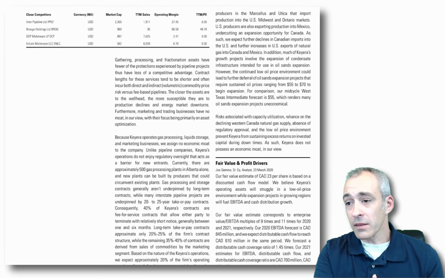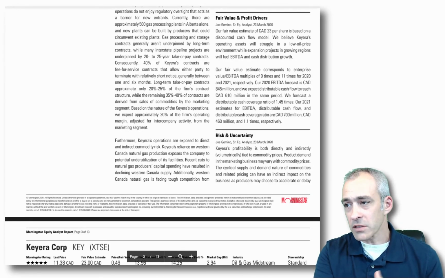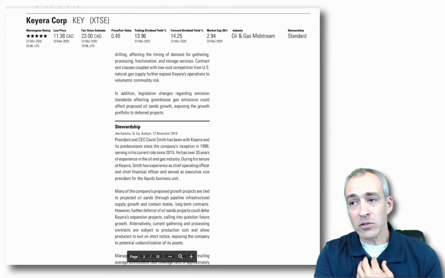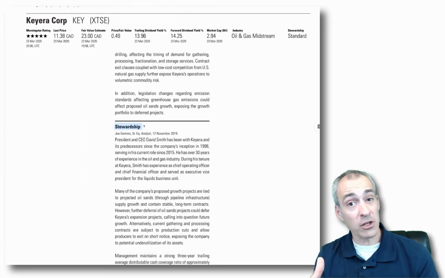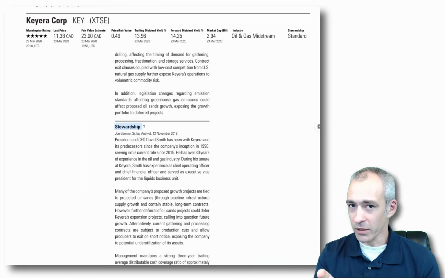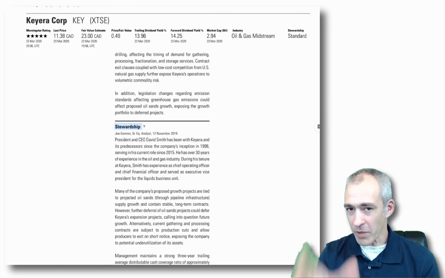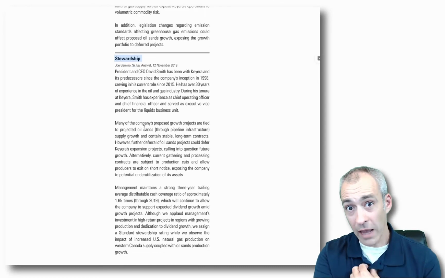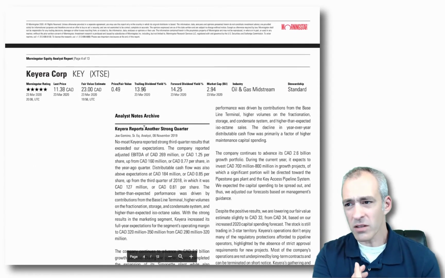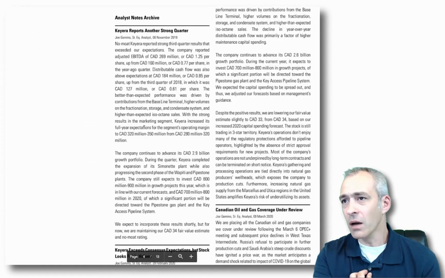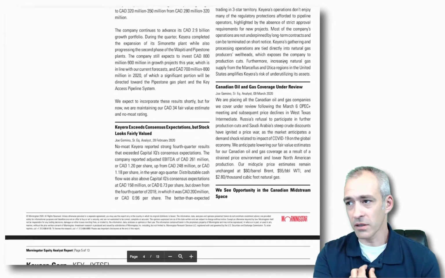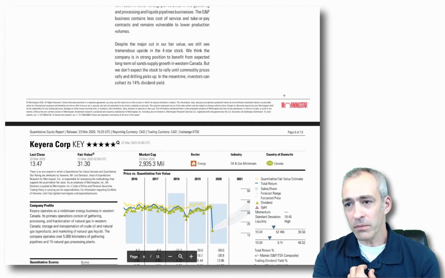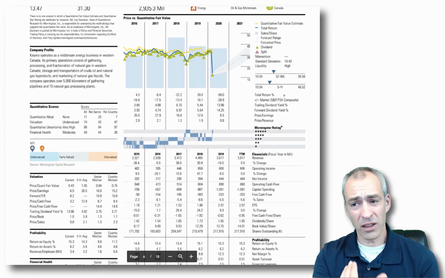And then some other things: some risk and uncertainty, things that could go wrong. And they've got some interesting stuff about stewardship, which means quality of management, because that won't appear in an annual report, because it's management that produces the annual report, right? So this is a solid evaluation of management. And there's other things too, such as things about the industry itself, good summaries, just overall, and then lots of data.